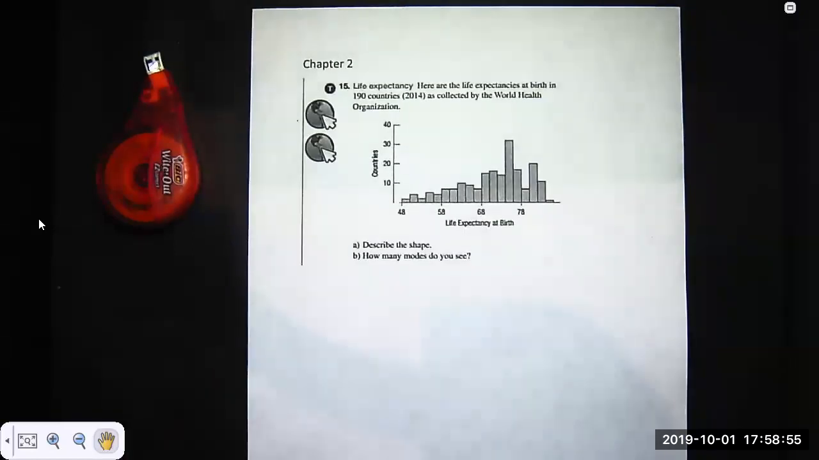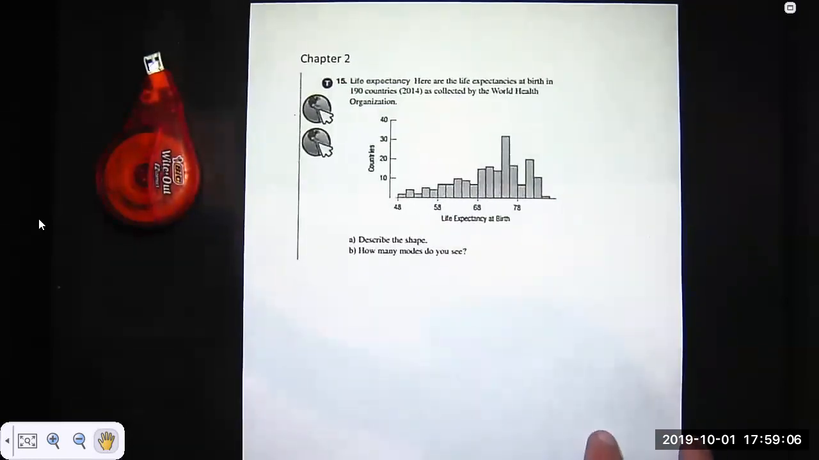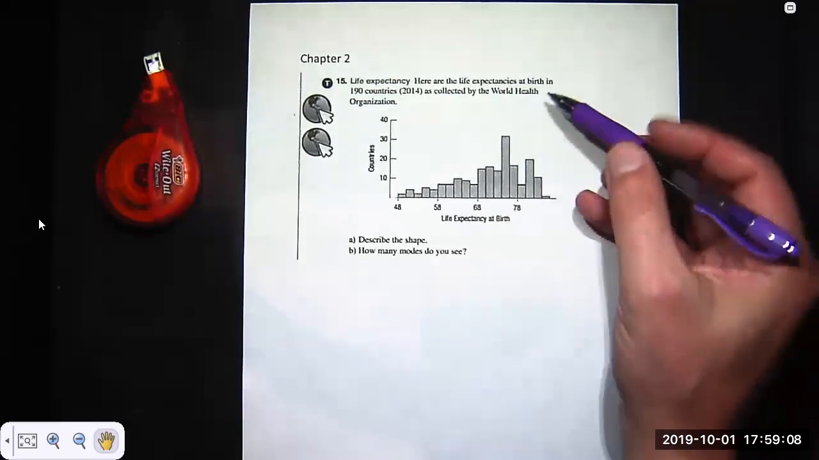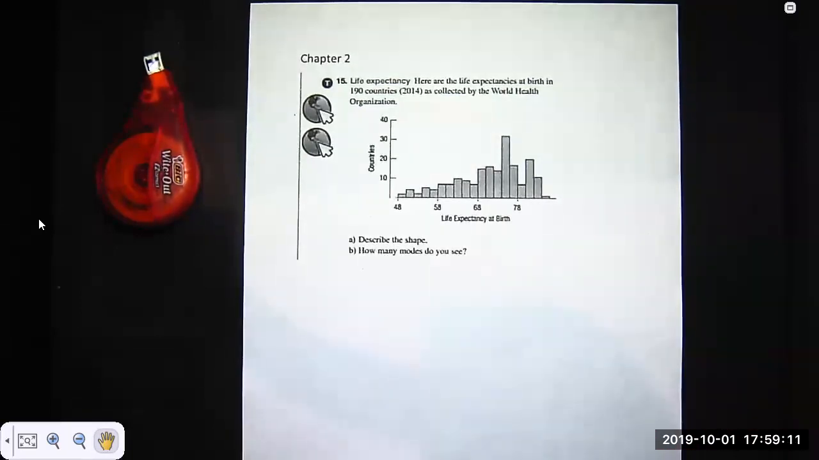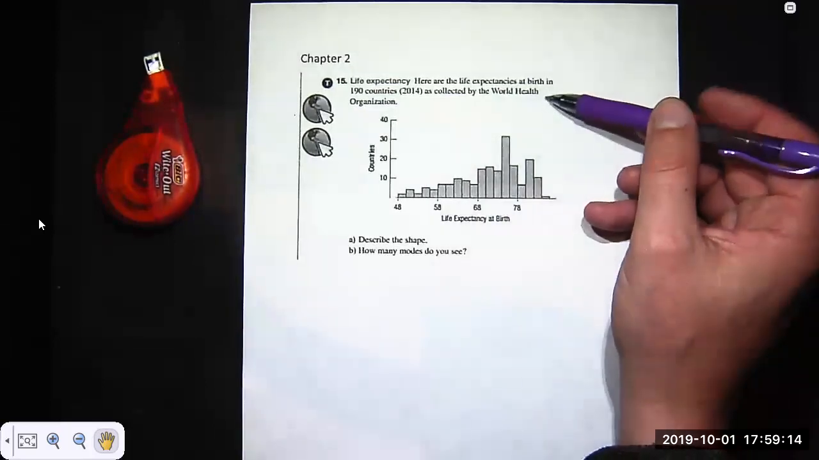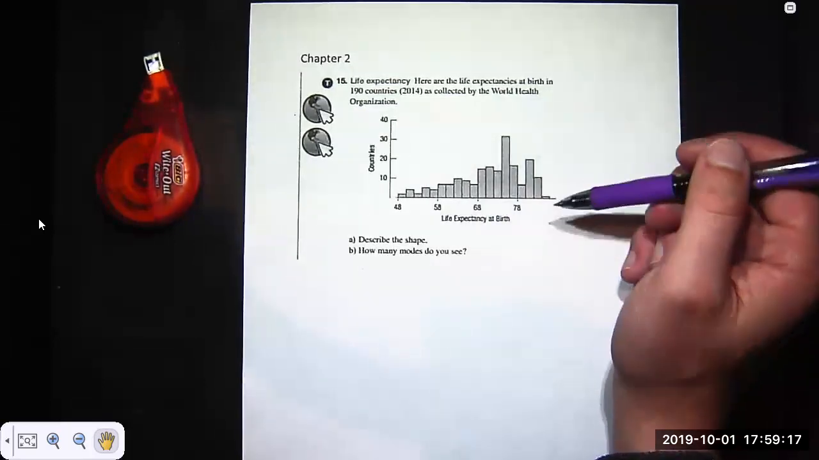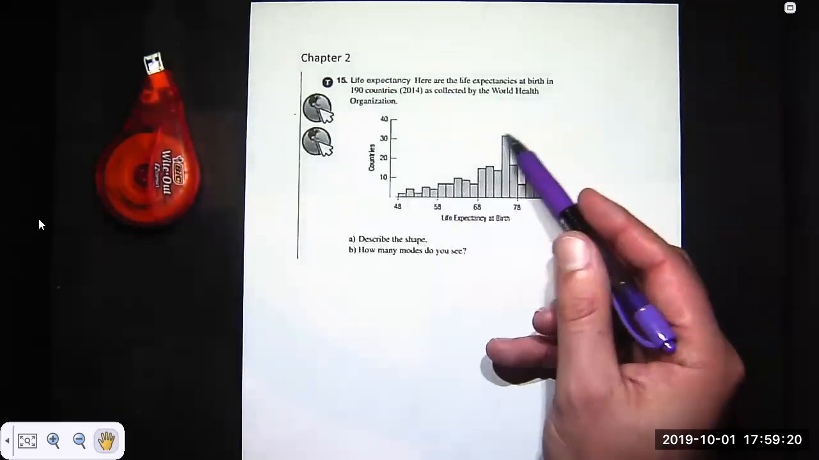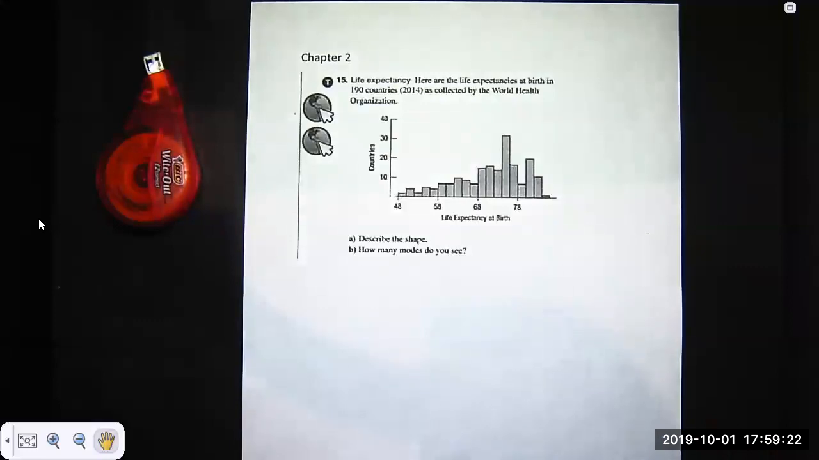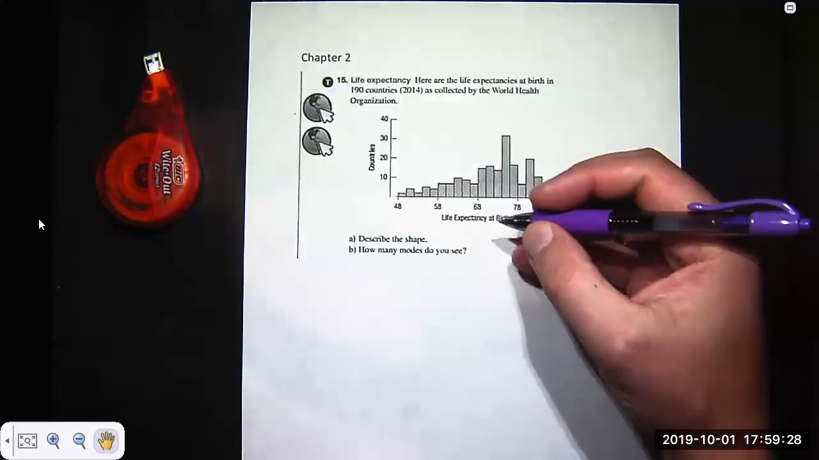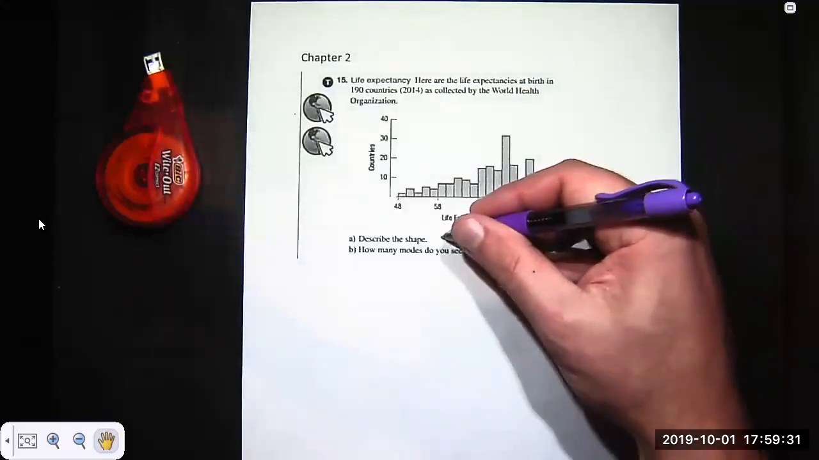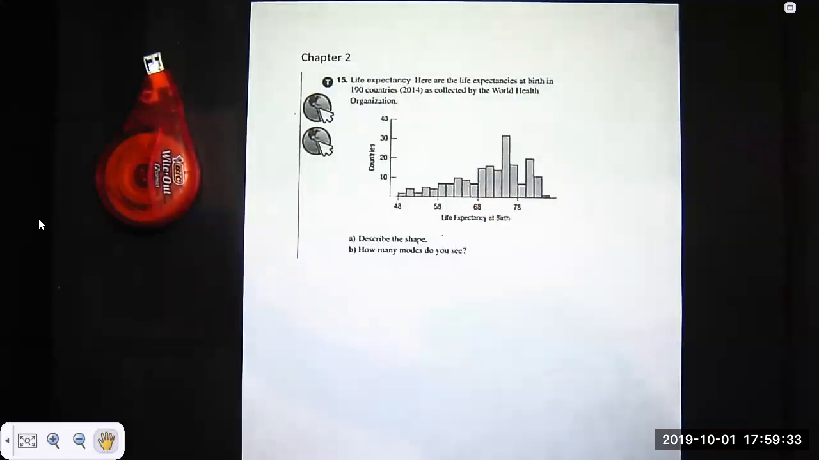I've got some problems starting from chapter 2 through chapter 7, and I'm just going to work through some of these problems. So chapter 2, this is number 15 in the book. It says, here are the life expectancies at birth in 119 countries, 2014 as collected by the World Health Organization. So we're supposed to describe the shape. It would be left skewed. Well, let's just describe the